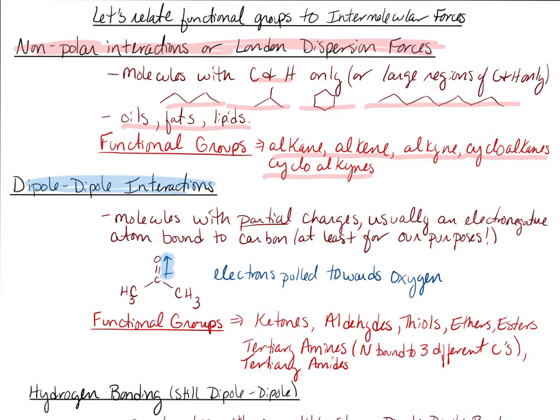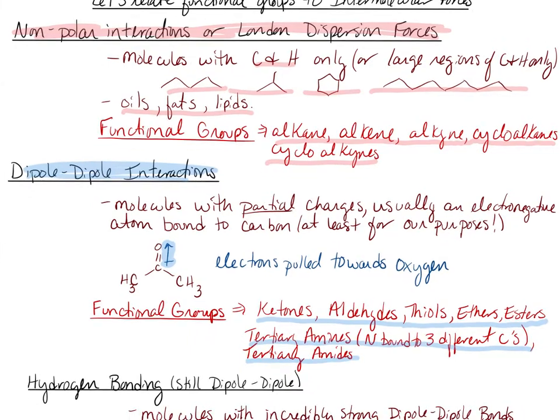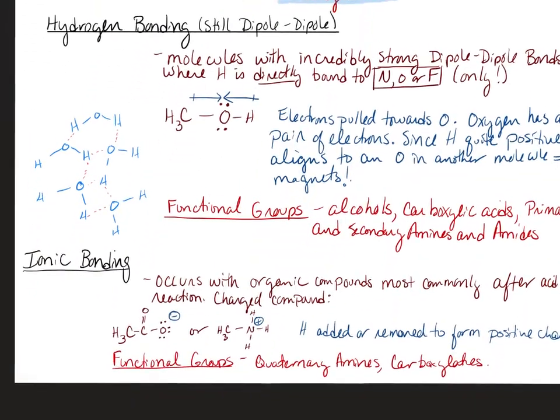So functional groups that we're talking about here: ketones, aldehydes. We also have things like thiols, ethers, esters, and then some stuff with amines. So I'm going to talk about amines here in just a minute. But tertiary amines would be included here, and tertiary amides. Okay, next